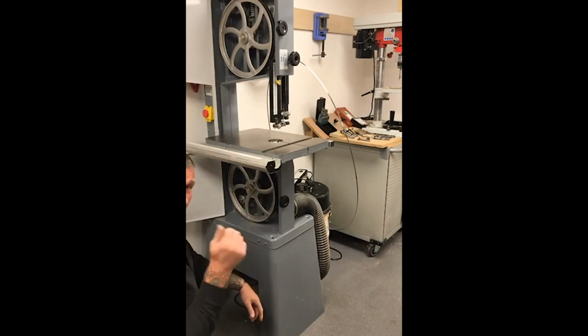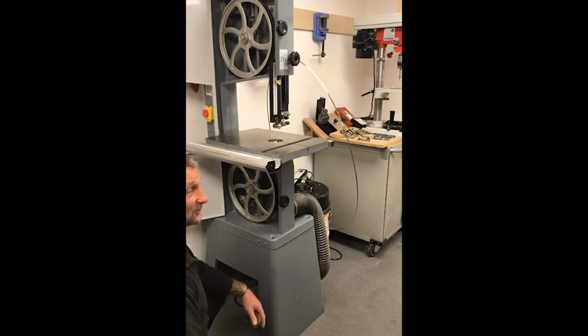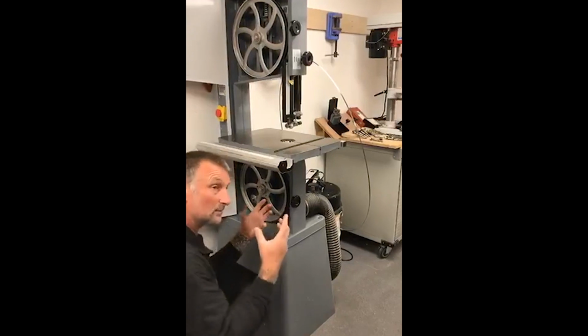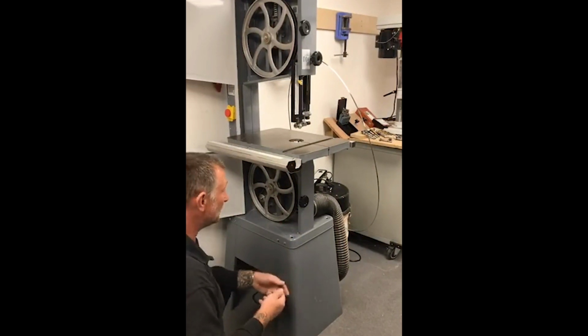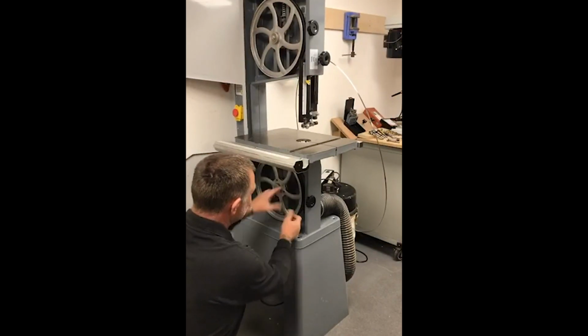The number one cause of vibration on a bandsaw is muck on the bottom wheel. Right? Even with good extraction, and we're big into good extraction in the skill centre here, you're still going to build up muck on this bottom wheel here. And then your blade is running on the muck, not necessarily on the wheel itself, on the rubber. So just give that a scrape off. Right, this one's pretty clean